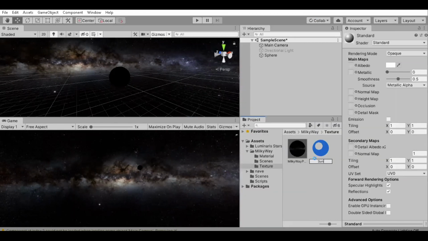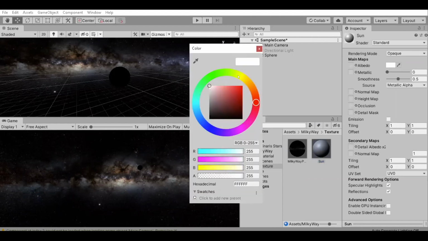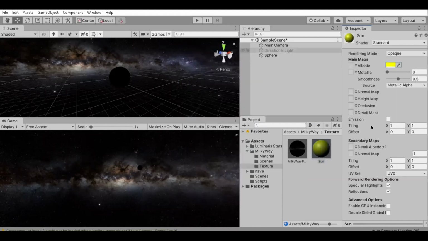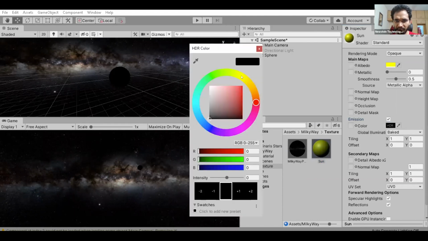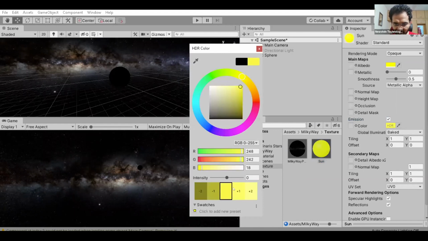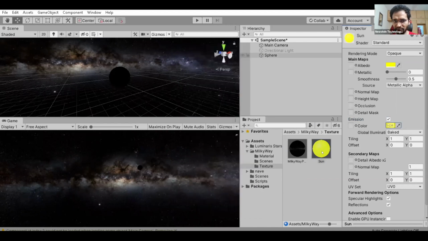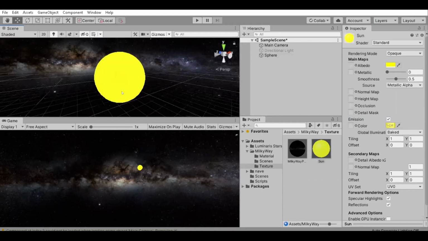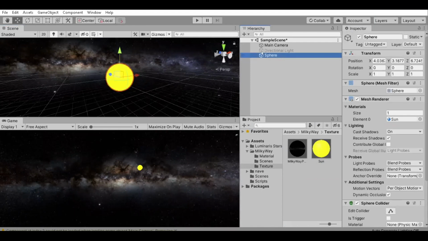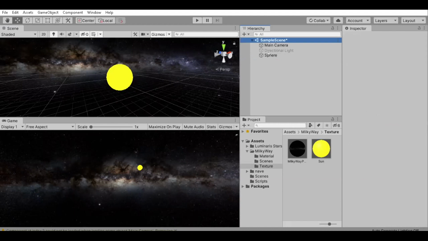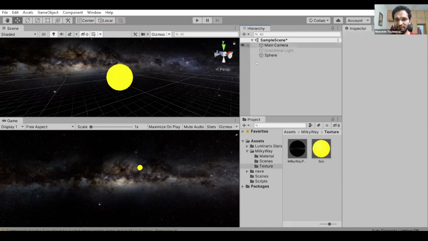So I tried it with the glow material and also sent it to you, sir, on WhatsApp. Okay. So let's choose yellow color emission and intensity +1. But how to make it like in your scene, sir, that you showed us, in which it was moving and glowing, sir? Yeah, so we'll learn that.